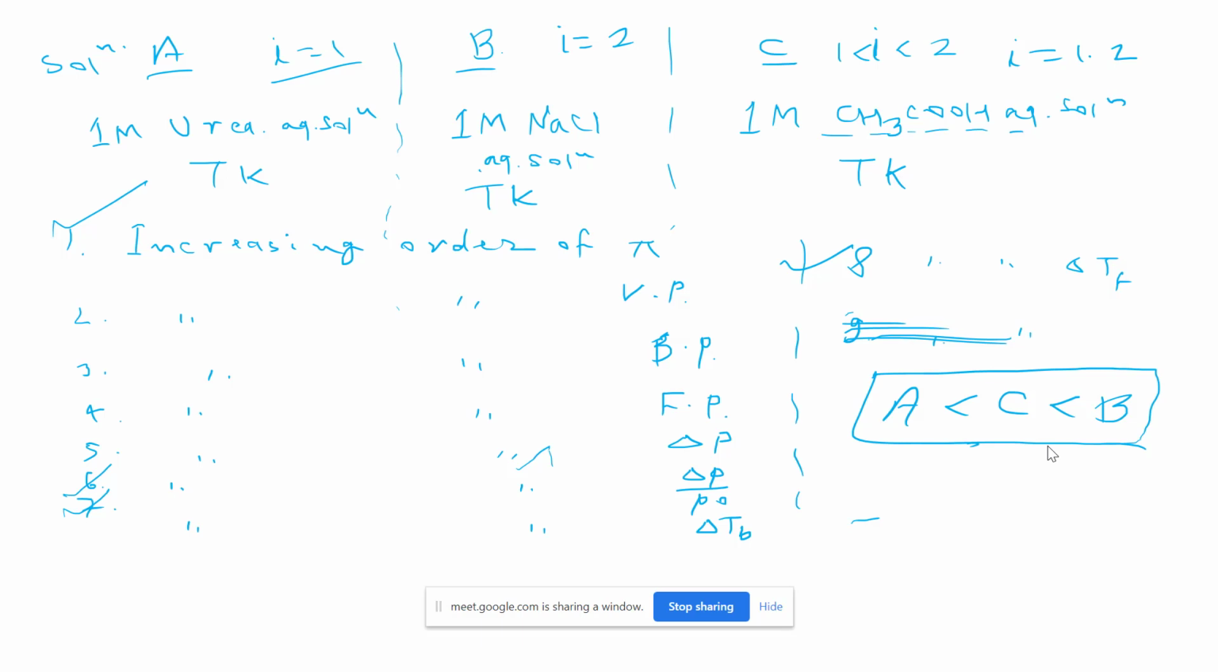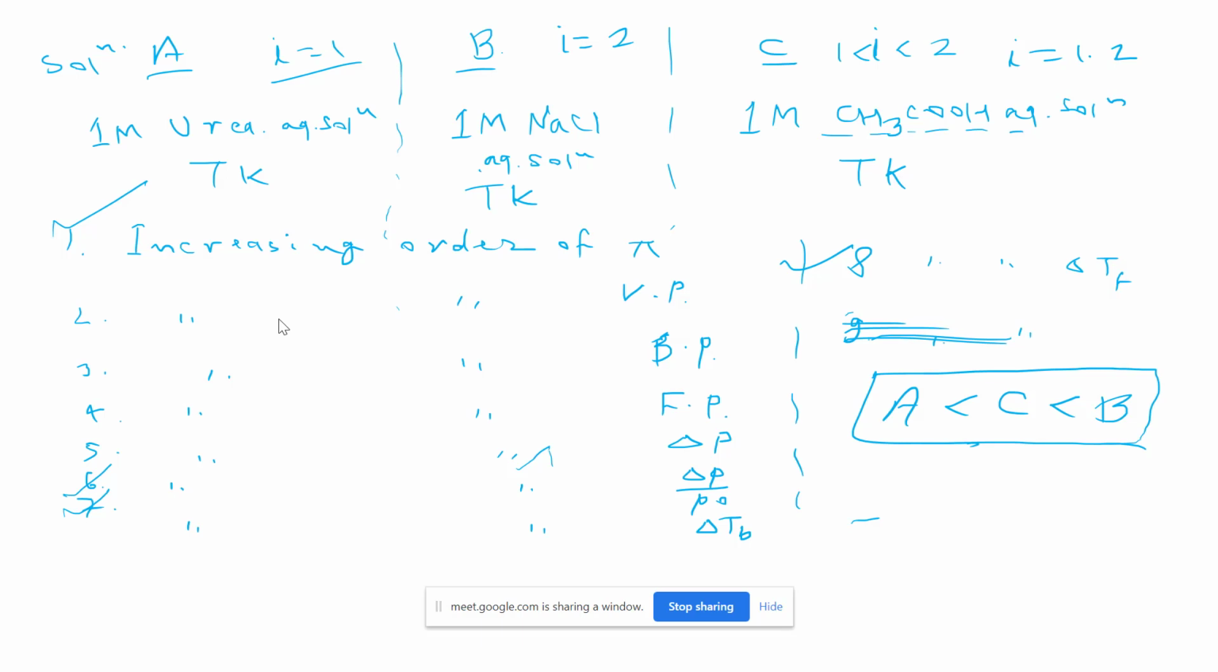Sir, is it BCA? Minimum vapor pressure for BCA, correct. For 2 it is correct. For question number 3, it will be ACB, yeah, right. For number 4, freezing point. I'm getting confused between that. For freezing point,